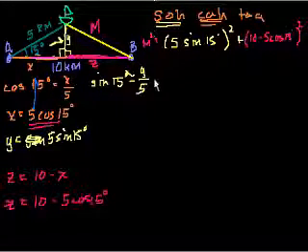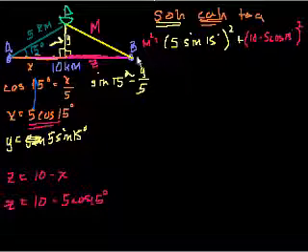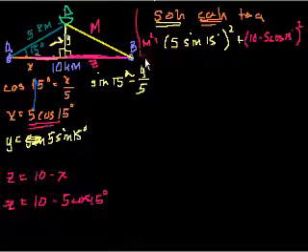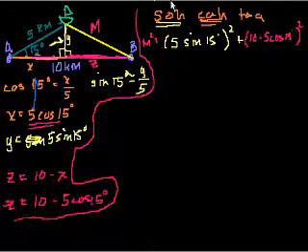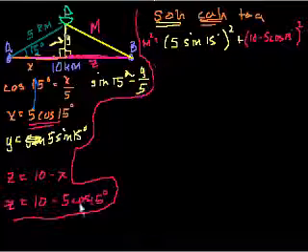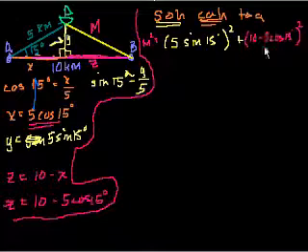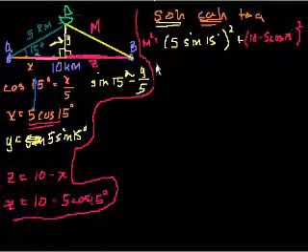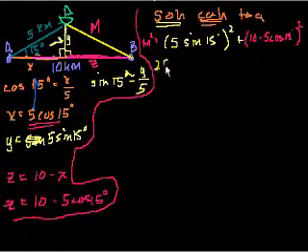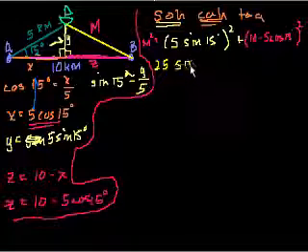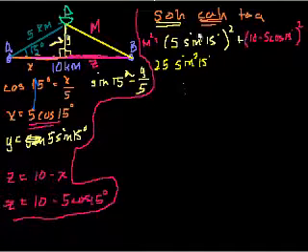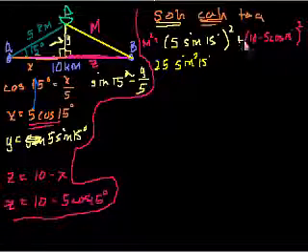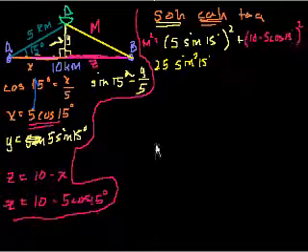So what's this squared? Well, this is equal to, and remember, this is m squared. We're going to have to take the square root of all of this at the end to solve for m. So this is equal to 25 sine squared of 15 degrees, or the sine of 15 degrees squared. That's just how you write it. And then we do a little bit of FOIL here to expand this. So plus,